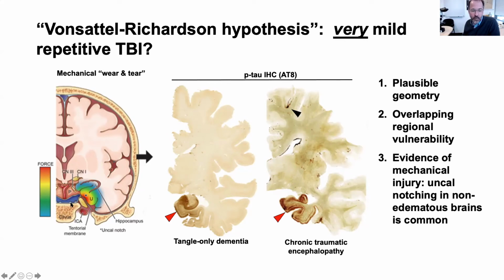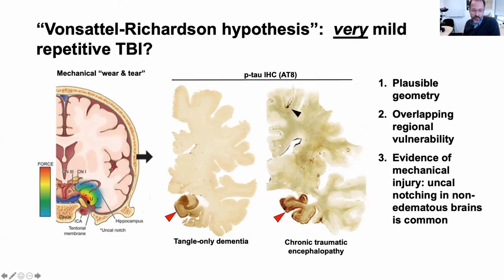And we see that humans have evolved these large brains and these large frontal cortexes, and it's changed the geometry, put the hippocampus at the bottom. So there's this geometry. There's a bunch of reasons. I'm going to tell you the 3 reasons why I think that this is a reasonable hypothesis. Is that the geometry matches, there's overlapping regional vulnerability, and actually, if you look at brains of people, there's a